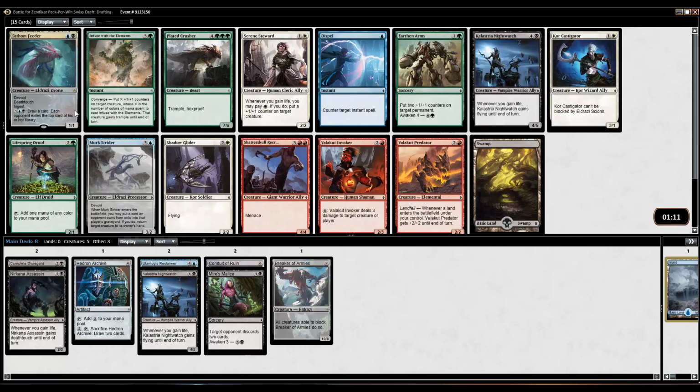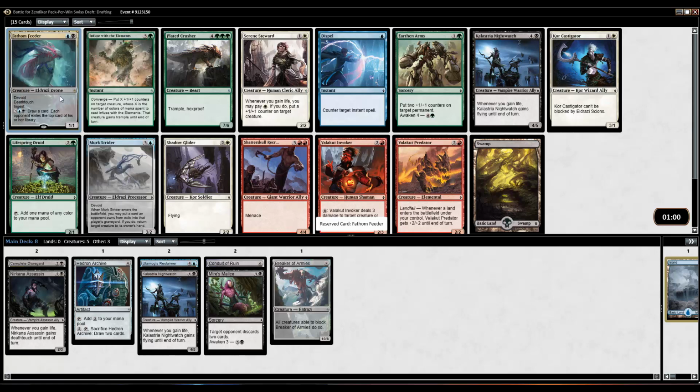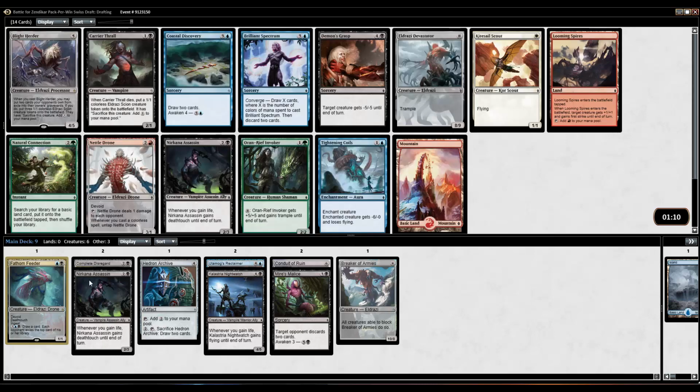Dang. Alright, cool. Fathom Feeder is a sweet 2-drop. Devoid, deathtouch, ingest, and you can pay 5 to draw a card, and each opponent exiles the top card of his or her library, which is pretty sweet. We didn't wheel the Merc Strider last time, so I don't really have a lot of hope for this one, but it would be cool if we did. Yeah, pretty easily taking a Fathom Feeder here. It's my second blue card, but...